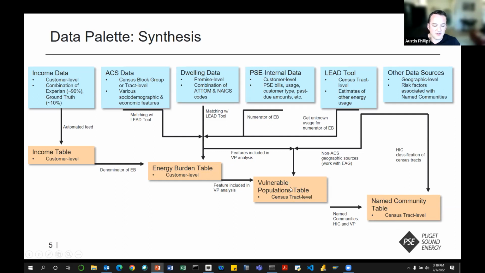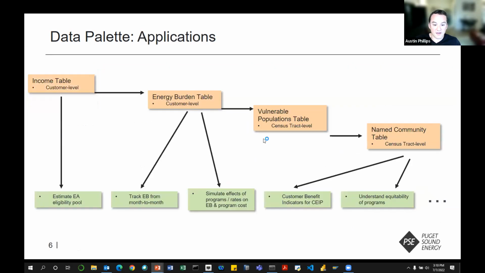What we did here was take not only energy burden, but also inputs from, as I mentioned, our equity advisory group and these other data sources, some of which are geographic level, but others where we can actually get an individual or household level estimate. And we combined all those to triage our census tracts into low, medium, or high